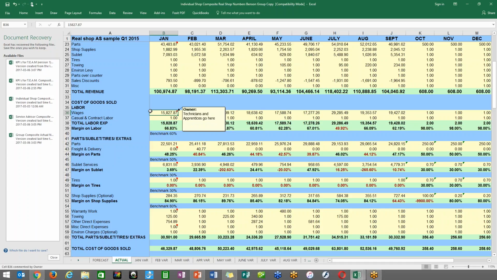The only thing that you put in this line is the wages of your technicians and any apprentices or tire people and yourself. So if you spend half your day in the bays, you need to be able to determine a wage for yourself. Even if you don't pay it per se separately, maybe it's coming out of your salary or your dividends, you want to make sure that you put in here, if you put in $25 an hour and you worked 4 days a week on average, then you need to make sure that you put it in here. It doesn't have to match your payroll, but for the purpose of looking at the big picture for your business, if you put nothing in here for yourself,